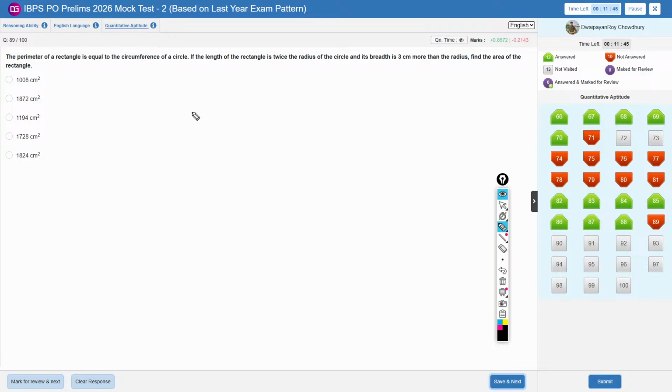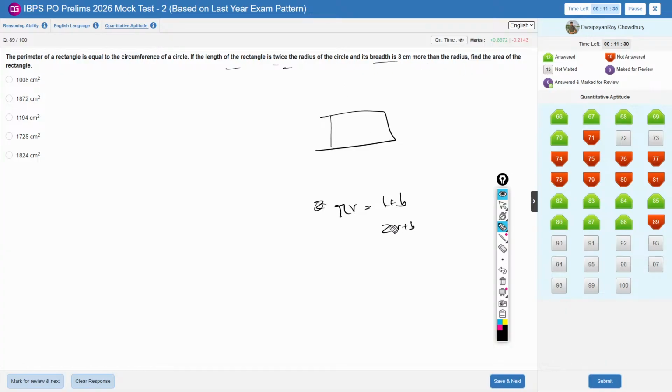The perimeter of a rectangle is equal to the circumference, so 2 pi r, so pi r equals L plus B. If the length of the rectangle is twice the radius, so 2r plus B, and the breadth is 3 more than the radius, r plus 3, is equal to pi r. 22 by 7 r equals 3r, 21r plus 21, so r is going to